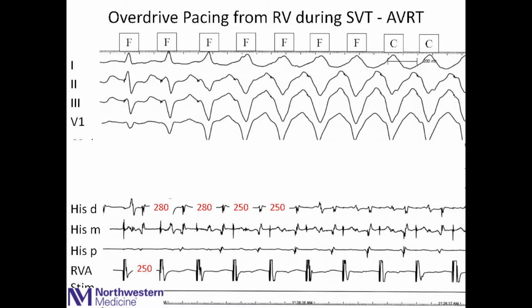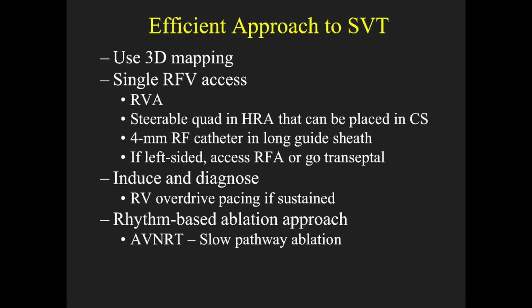Once you've established the diagnosis, there are different strategies that are dependent on the rhythm. AV nodal reentry is the most common. Most of this is pretty straightforward, but there are still challenging cases, and rarely I'll still hear about patients getting heart block from a slow pathway ablation. The target, obviously, is the slow pathway, not the fast pathway, and this resides at the lip of the coronary